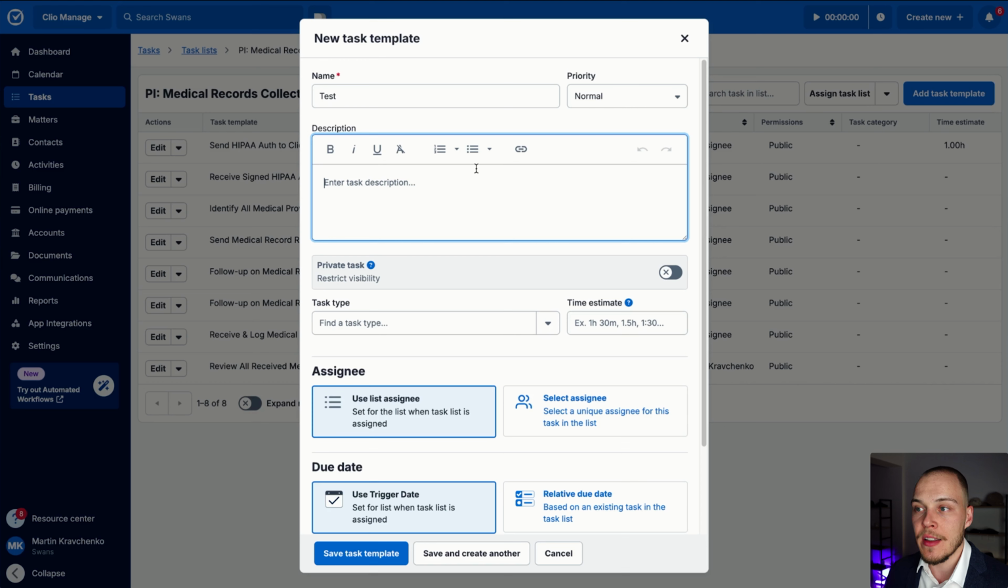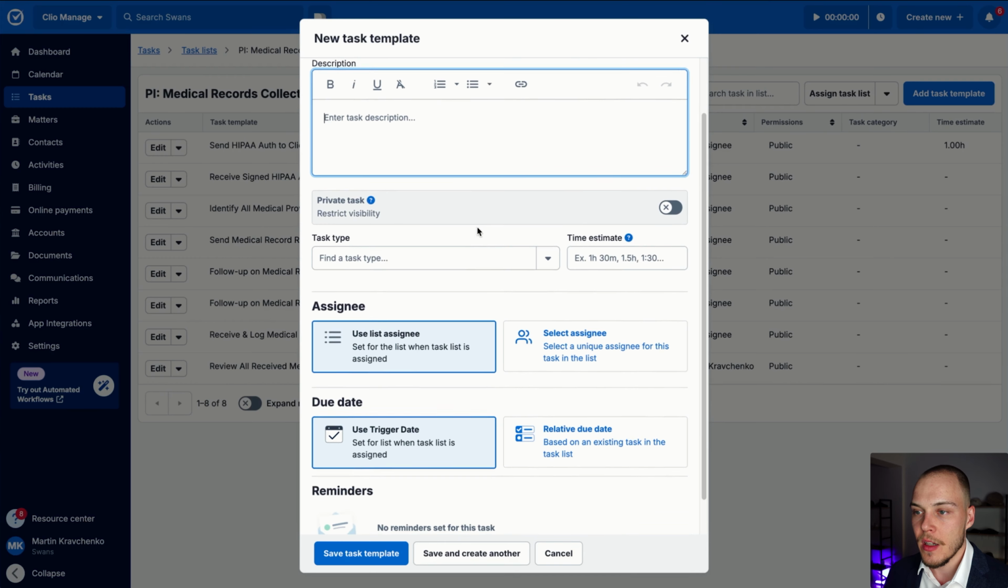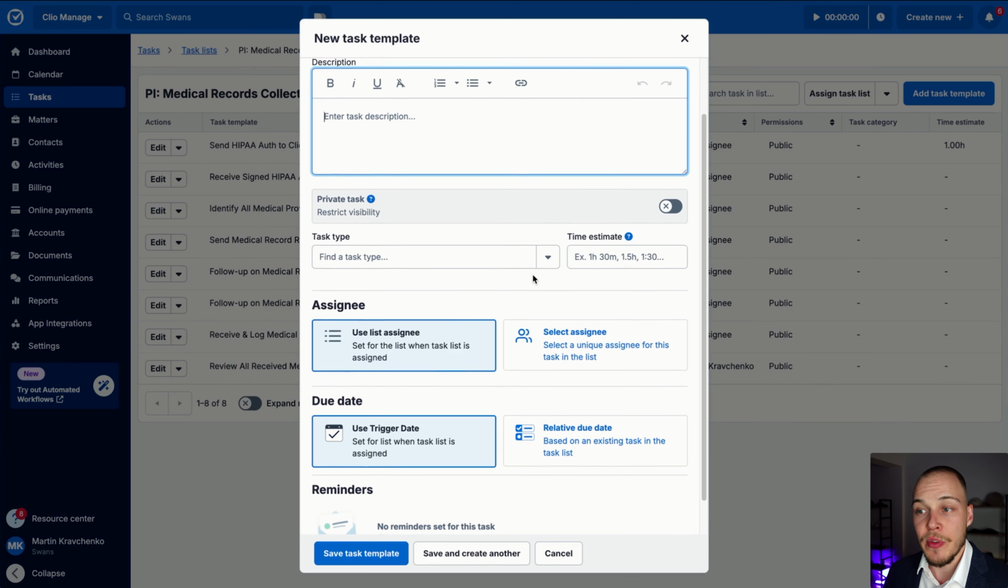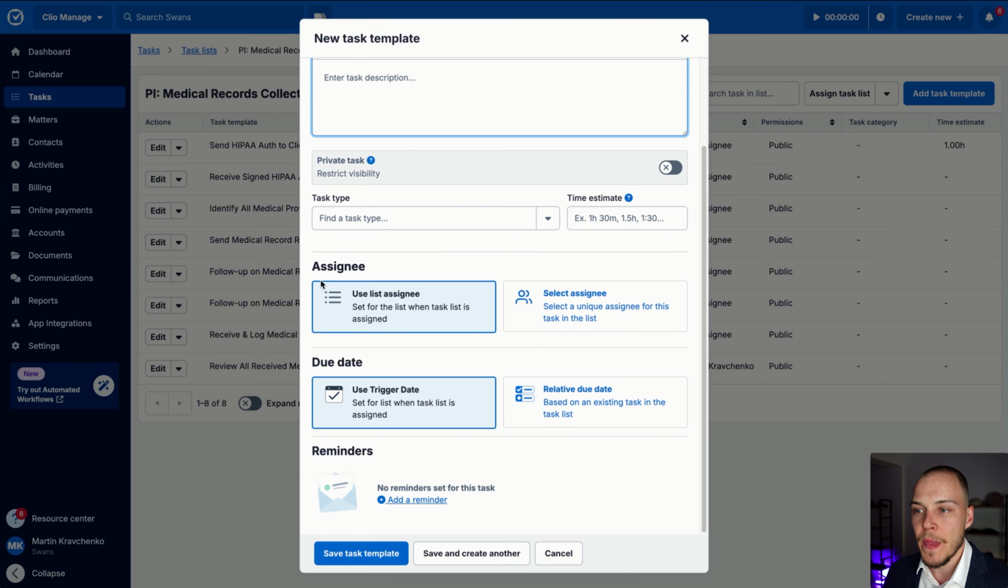A great thing that Clio has enabled now is formatting. So you can bold text, you can make lists. You can also insert a link, which will, for example, bring the staff member to your SOP that you have uploaded to your Google Drive account or specialized SOP management software. We can also define the task type if you are using that feature, the time estimate,